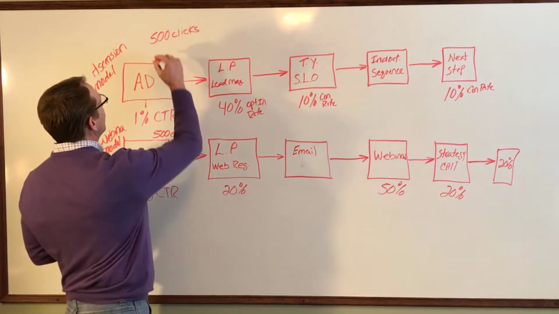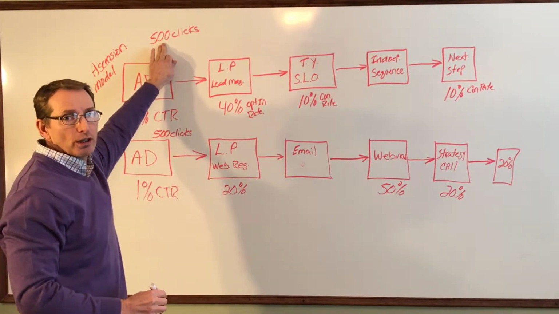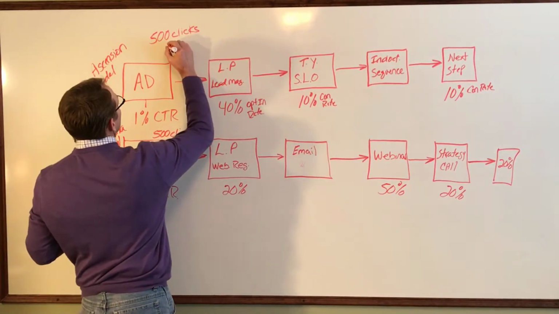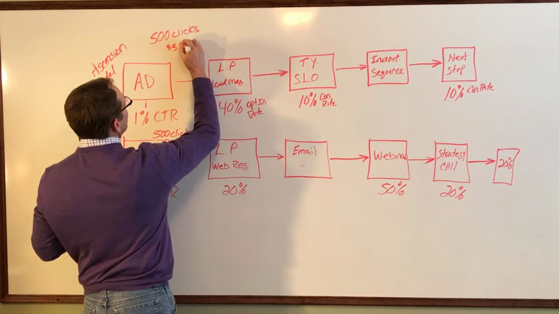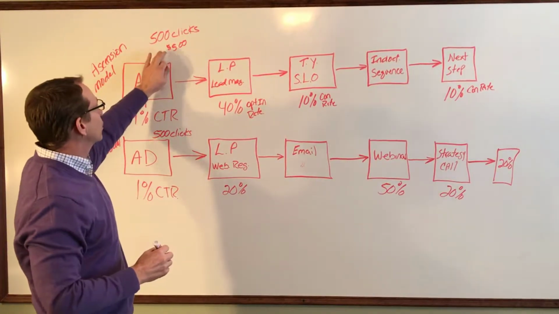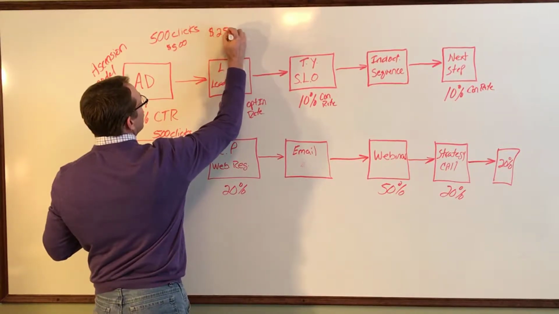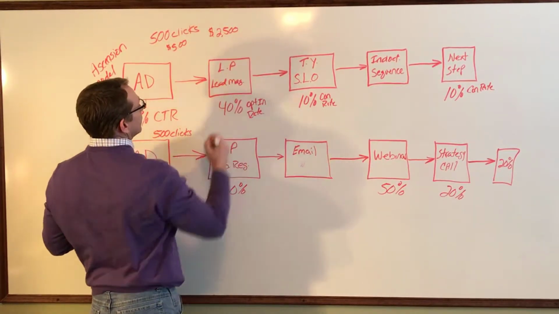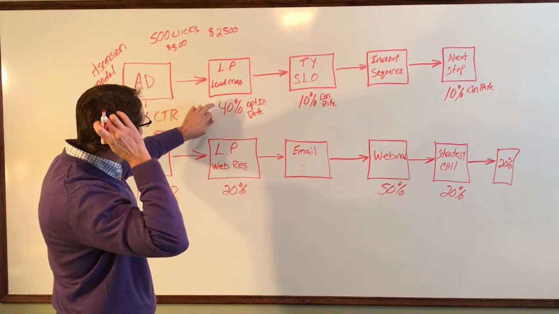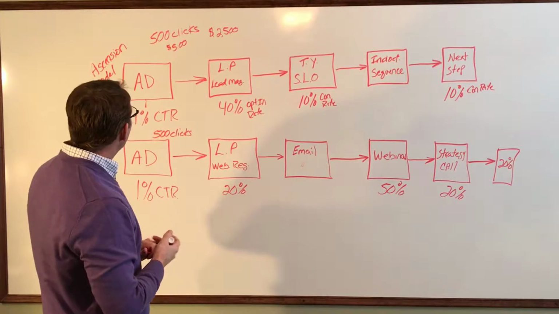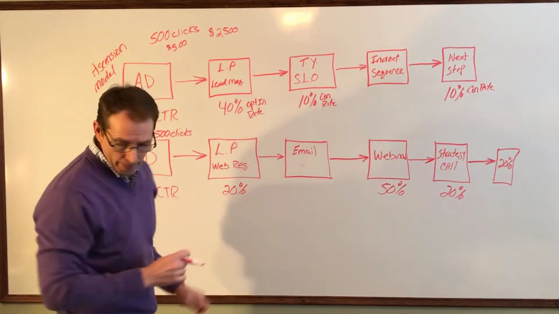All right, so what's the worst case? What's the worst case Facebook's going to charge you per click? I'm going to say worst case, depending upon your niche, let's just say you're going to get charged $5 per click, meaning you're going to spend $2,500 right out of the gate to get people to this landing page. Okay, so if you have 500 clicks